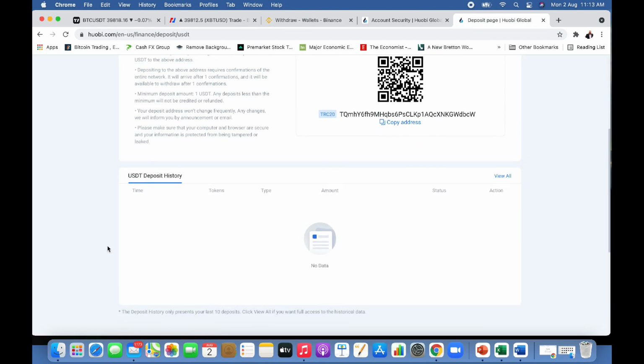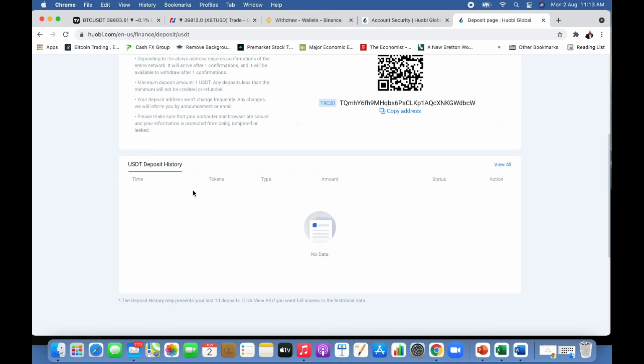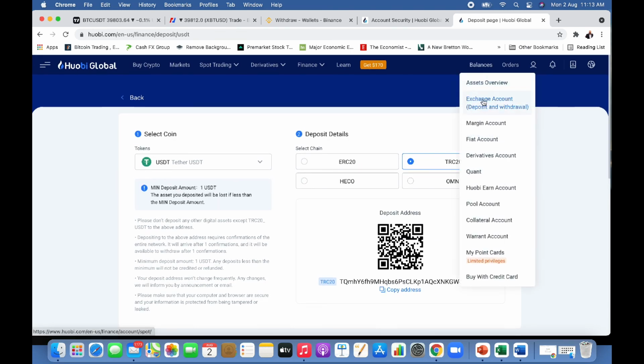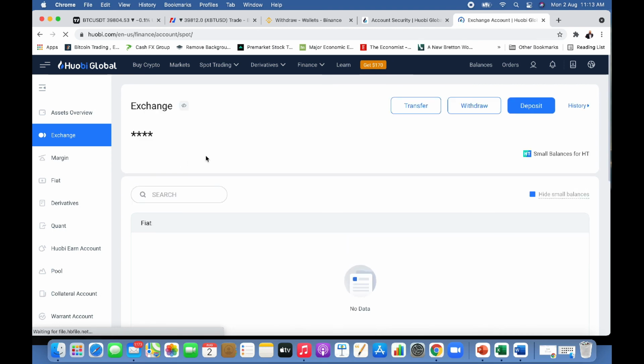So you can actually get into the deposit history detail to be able to see all those deposits that actually come into your Huobi account. And you can even get into your exchange account to be able to see if the USDT is already there. So this is just a quick guide to show you how you can actually transfer your USDT. So overall picture, step one is how to sign up, and thereafter how to basically verify your account, and thereafter how to deposit your USDT into your Huobi.